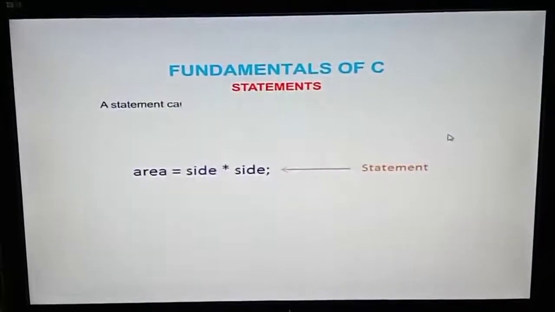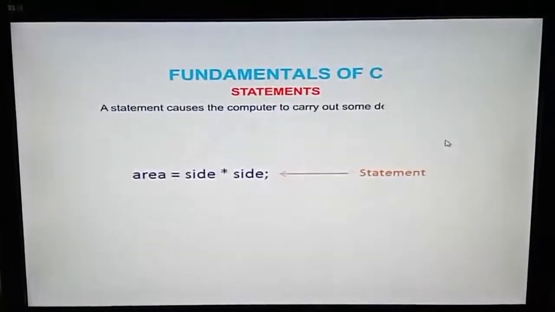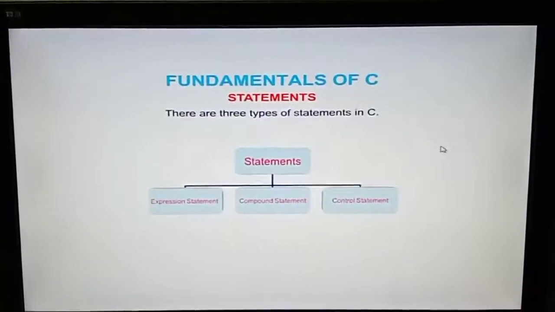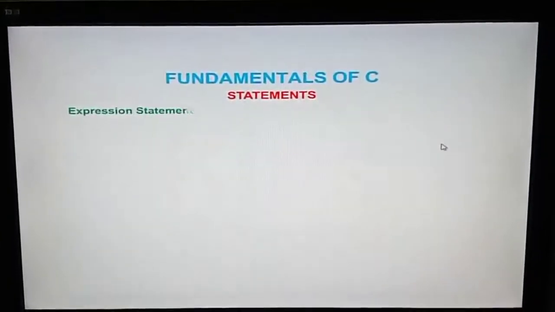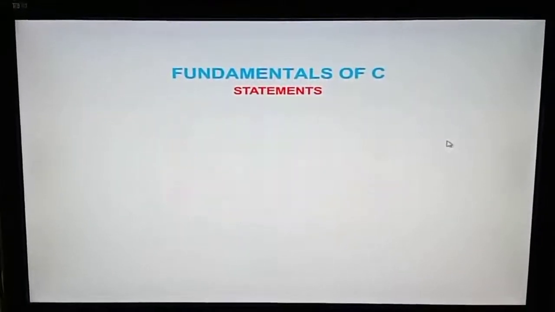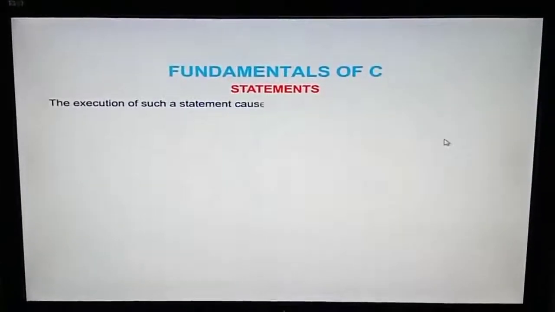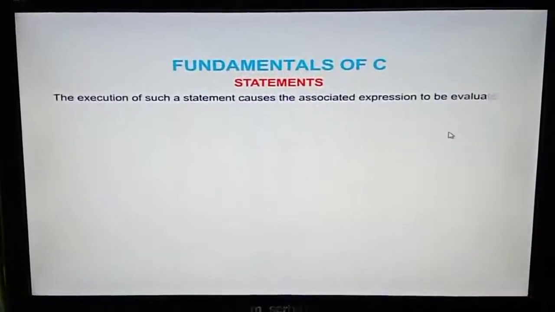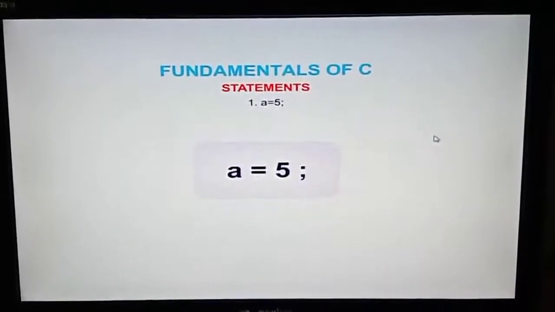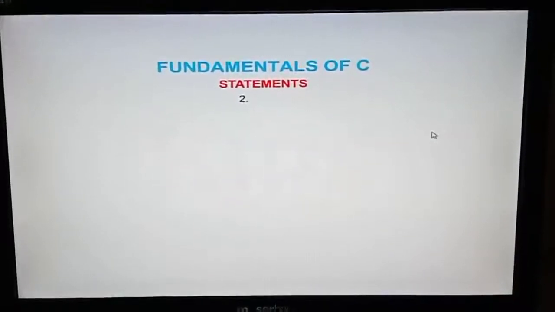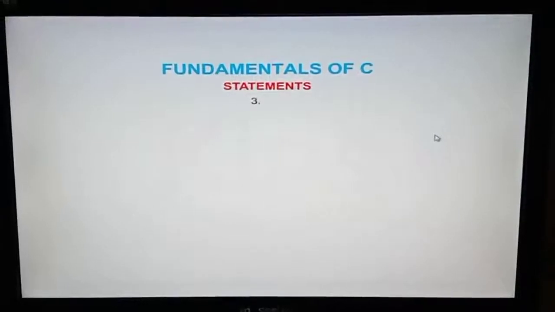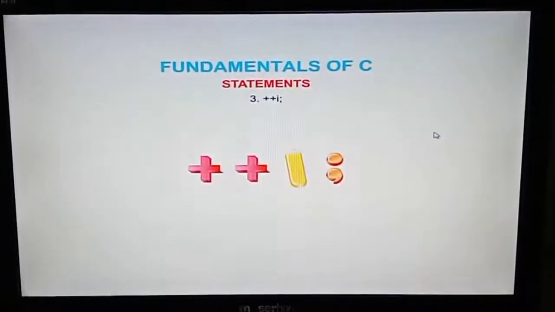Statements. A statement causes the computer to carry out some definite action. There are three types of statements in C. Expression statement. It consists of an expression followed by a semicolon. The execution of such a statement causes the associated expression to be evaluated. For example, 1, a = 5; 2, c = a + b; 3, ++i;